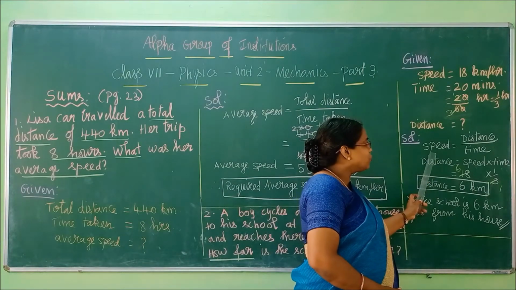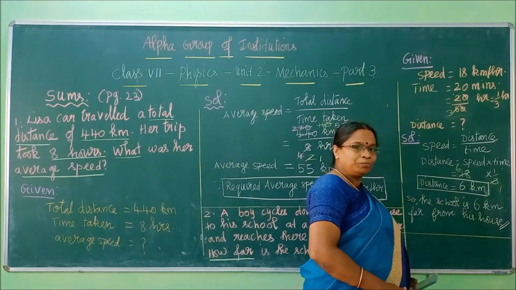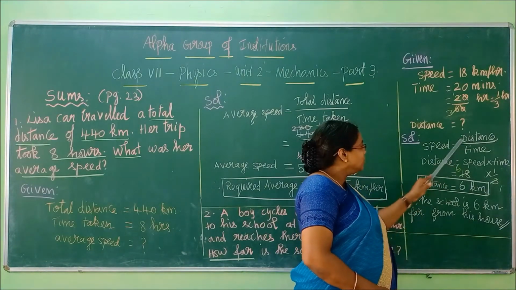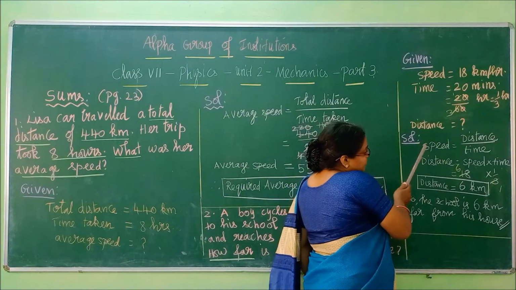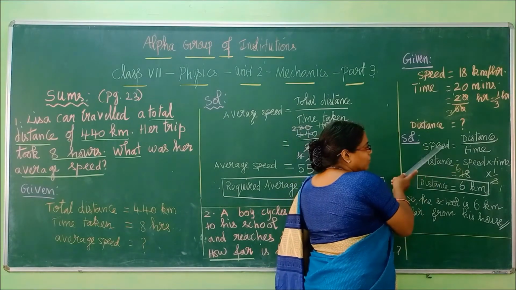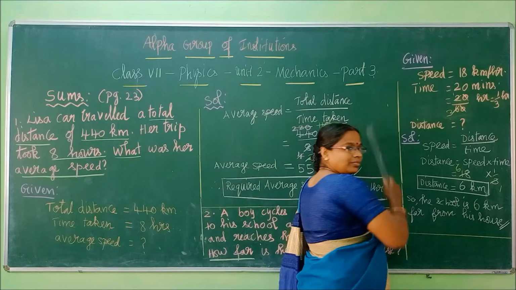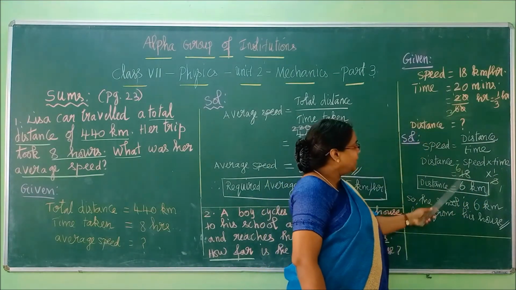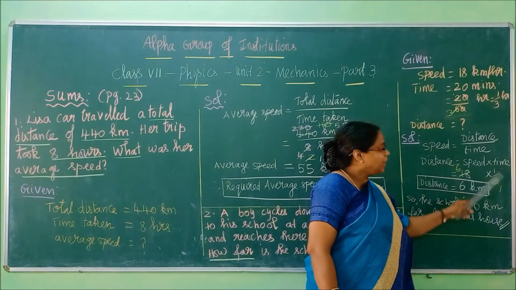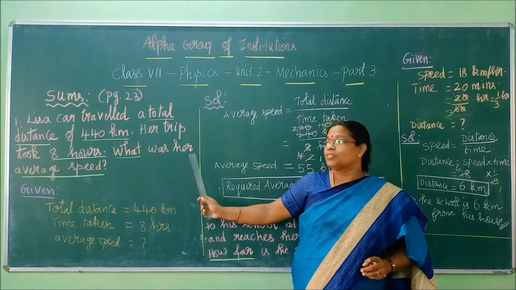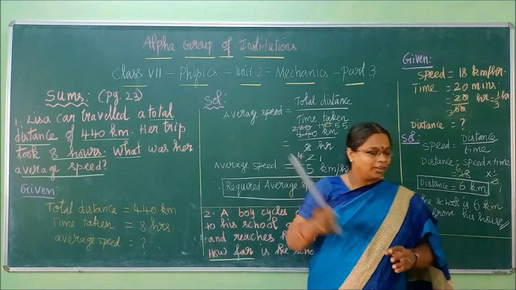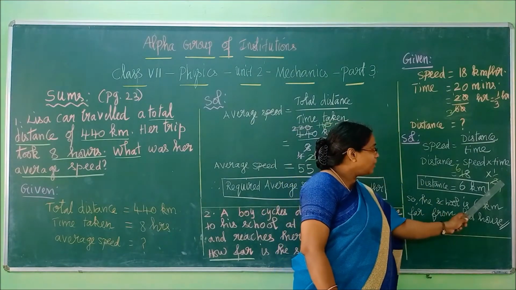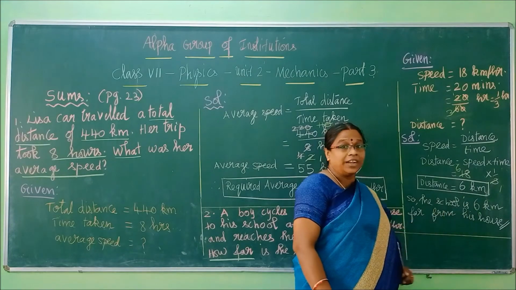But what is the basic formula? Speed is equal to distance by time. So from that what we have to find? Distance only we need to find. So distance is equal to, this is the numerator, this is the denominator. So cross multiplication. So speed into time. What is our speed? 80. What is our time? 1 by 3. Here itself I told you, hereafter units I will not write. So that's why I have written the number alone. So this is numerator, this is denominator. 3 ones are 3, 3 sixes are 18.